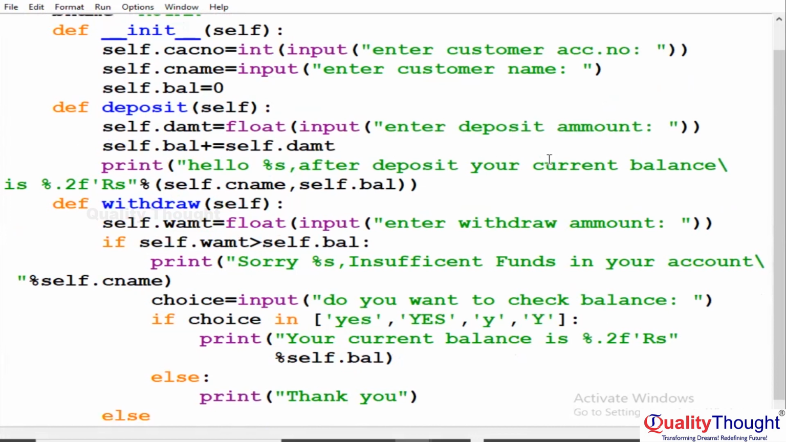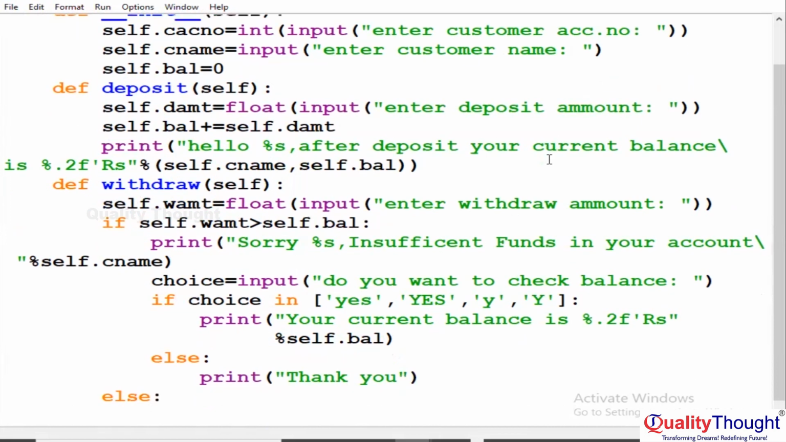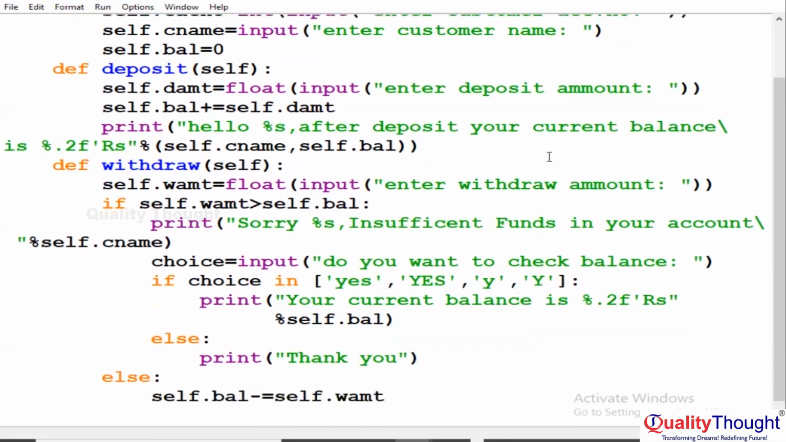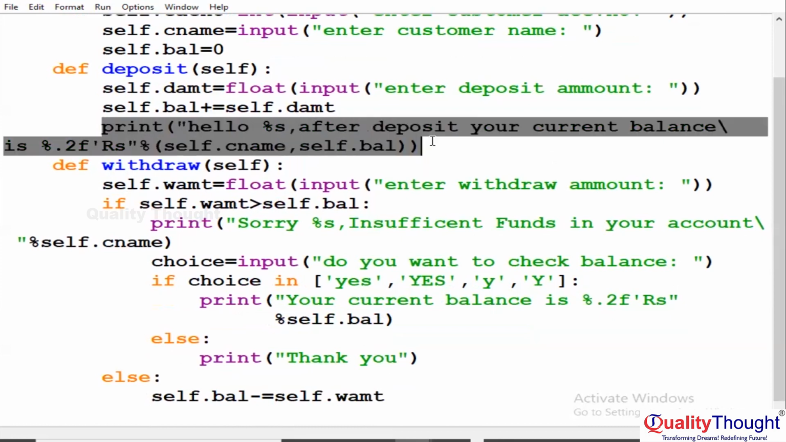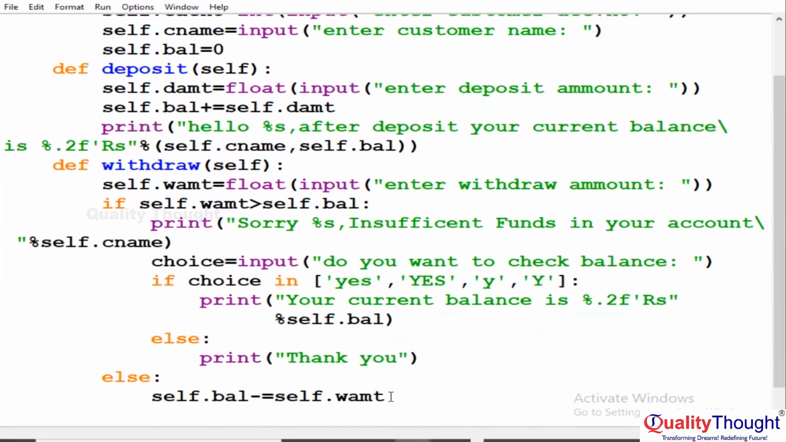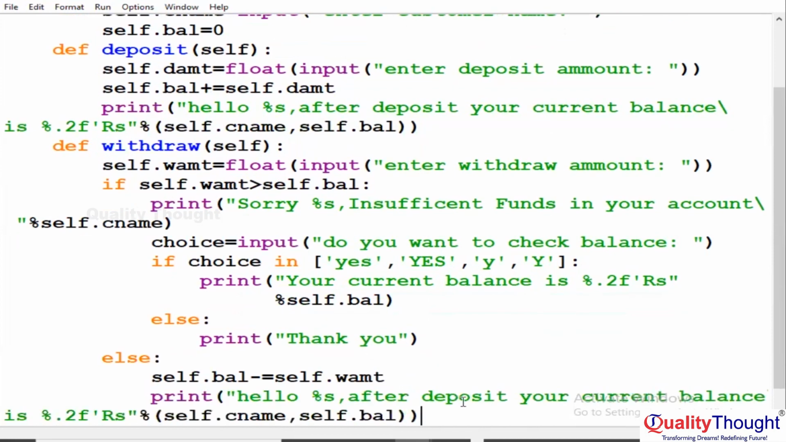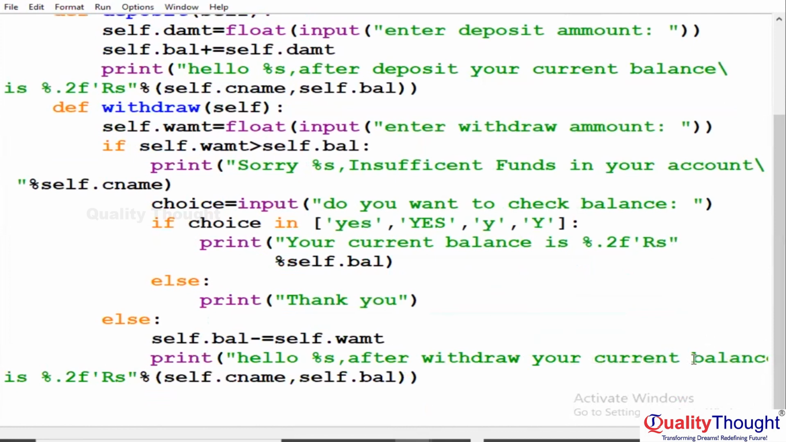Else block. I want to update my balance. Self dot balance minus equal to self dot withdraw amount. After withdraw, your current balance is